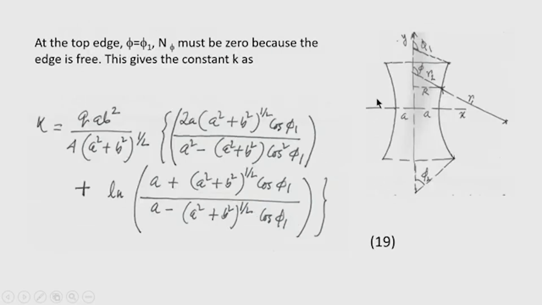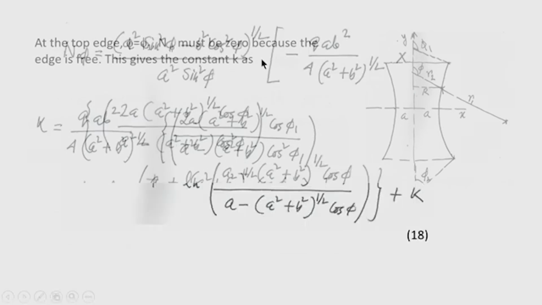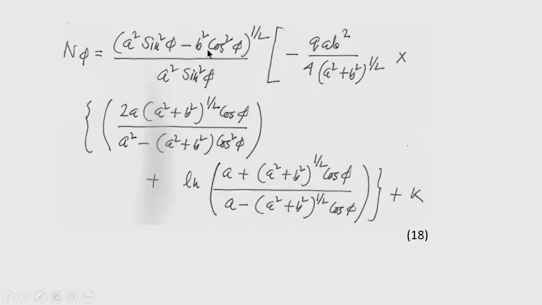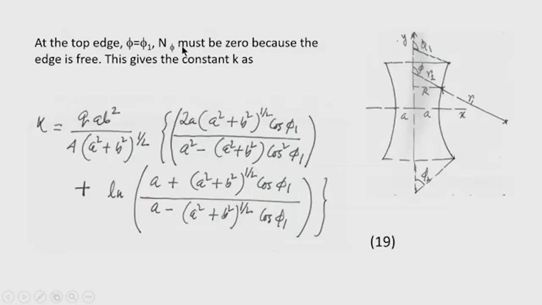Now, here you can see the shell at the upper surface is free. So, at phi equal to phi 1 that you are seeing, the reference plane is this vertical axis of revolution, and at this point the meridional angle is phi 1. So, at this point this shell is free, that means there should not be any stress. So, n phi is 0 at this point. So, therefore, putting n phi to be 0 here at phi equal to phi 1, we can find k